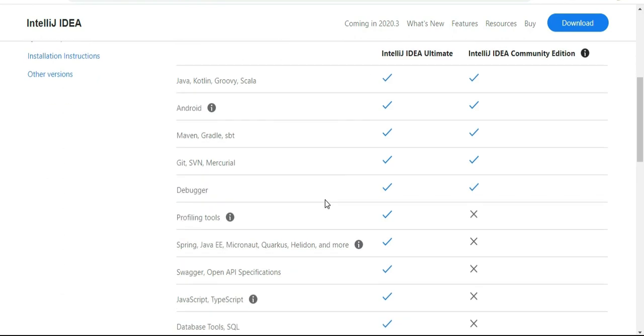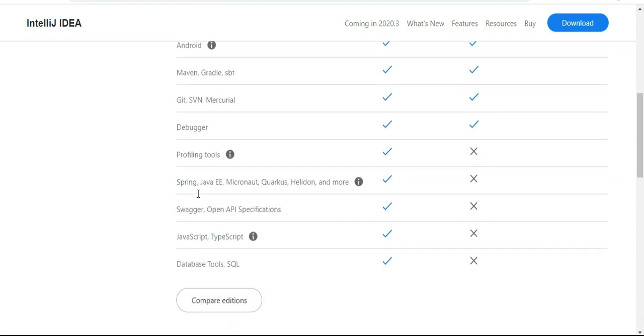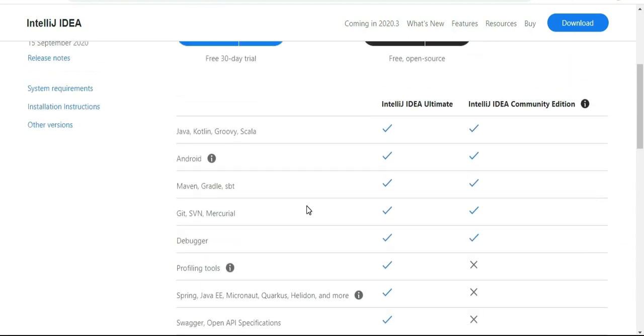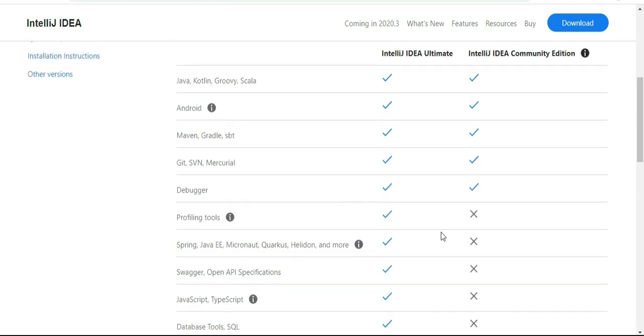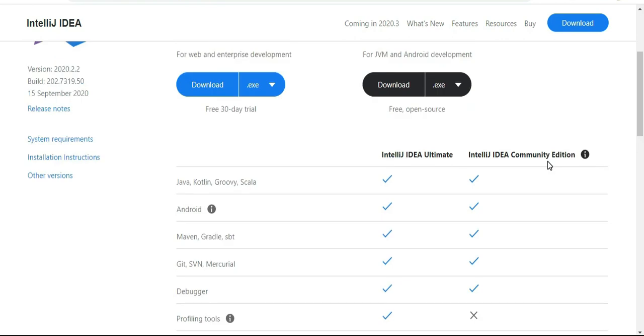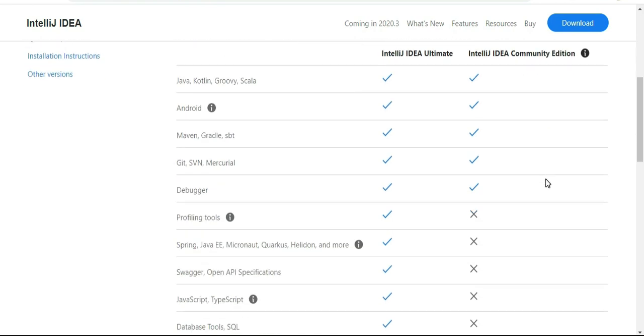In Community edition, a few of the features are not available because it is free and open source, and in the paid one, that is Ultimate edition, we have almost all features available for development and deployment. So now I'm going to install Community edition because it is the free one.